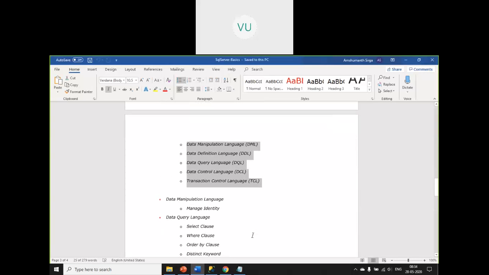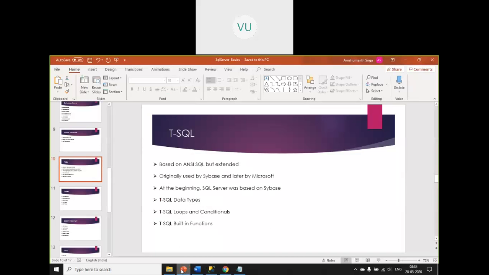And we'll also discuss tables, what are tables and all, right? And we'll see the data types, what are the important data types in SQL Server. So that is also very important before you start writing code. We'll also see loops and conditionals. So what kind of loops and conditionals are supported under SQL, and what are some of the built-in functions,